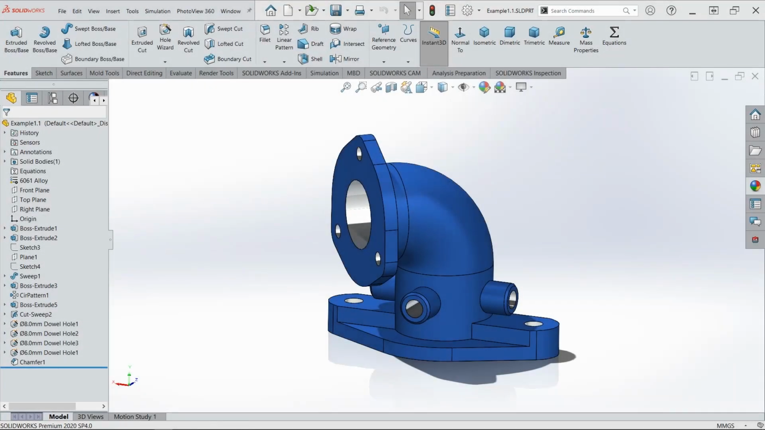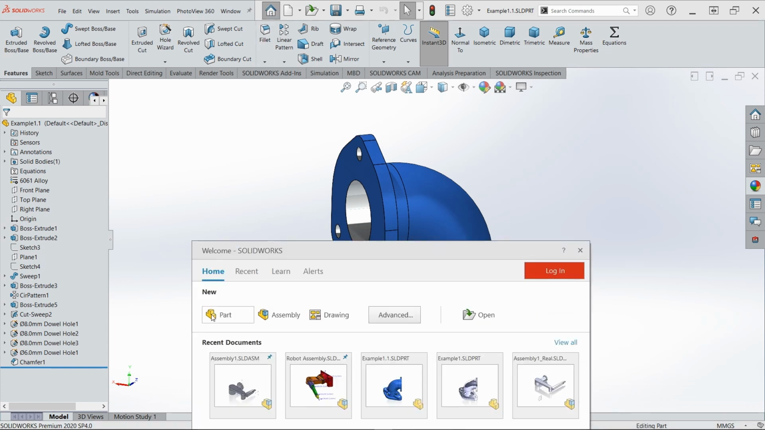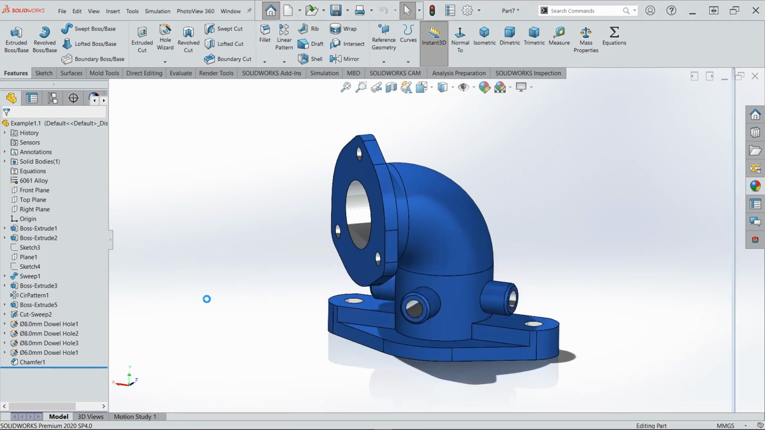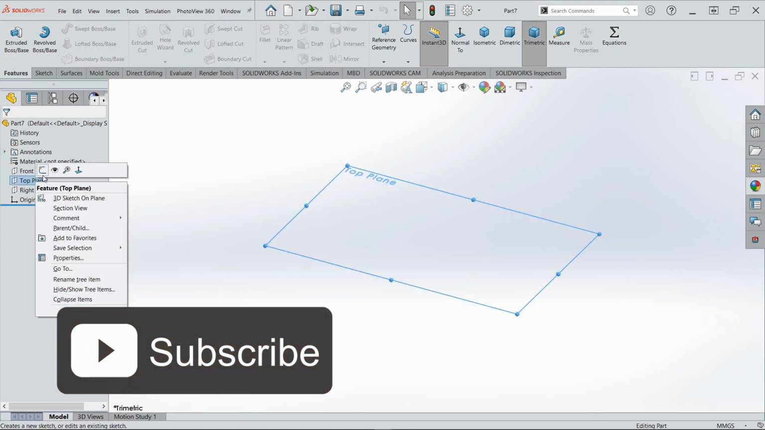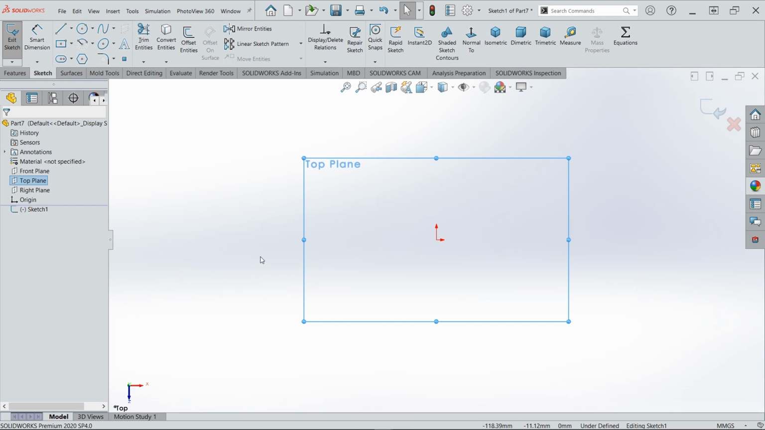Welcome back to another SolidWorks tutorial with carburetor examples. We are going to create this part. So let's jump right in and get it done. Let's go to Home, create a new part. Let's go to our top plane, create sketch,